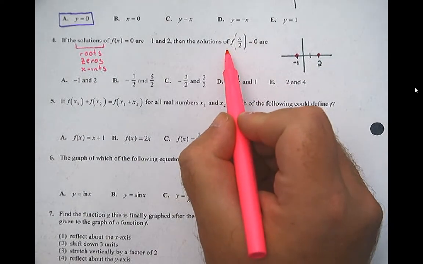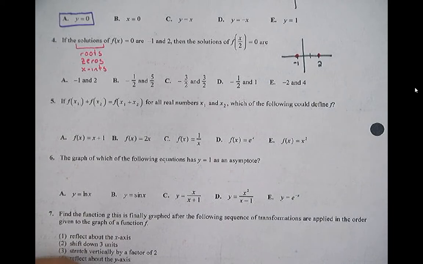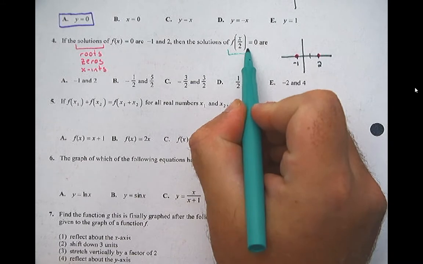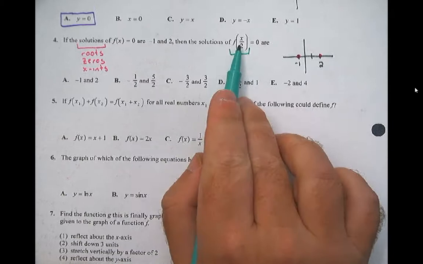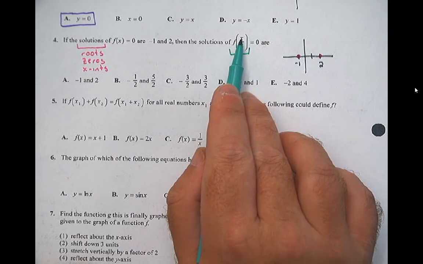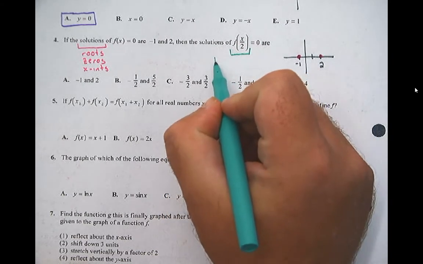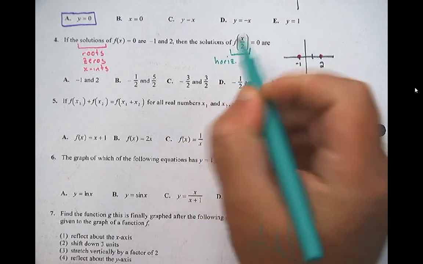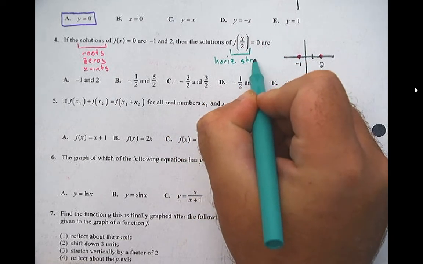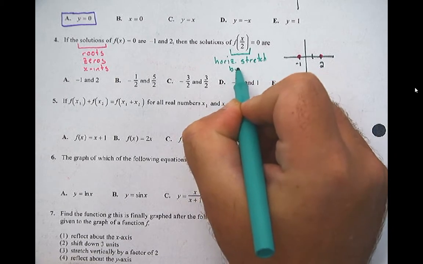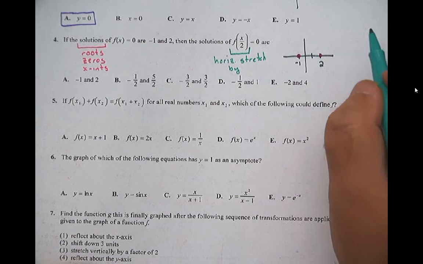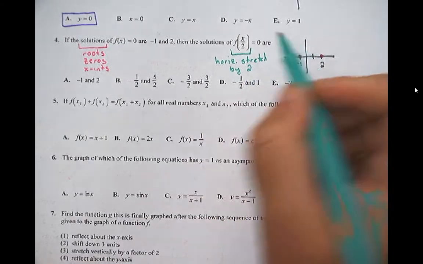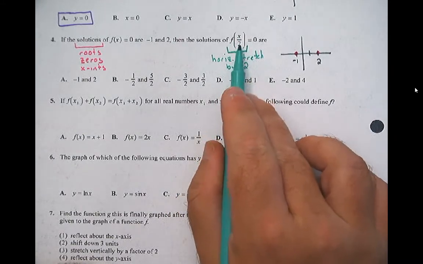But then what happens to our transformation? Our transformation comes along and it's going to move those zeros. First of all, this divide by 2 is getting attached to the x by multiplication. If it's attached to x, this is a horizontal stretch. By how much? I always like to say stretch. You might say compress by 1/2, but I think of it as a stretch. I always think of them as stretches, and then remember, because it's attached to x, you do the inverse of